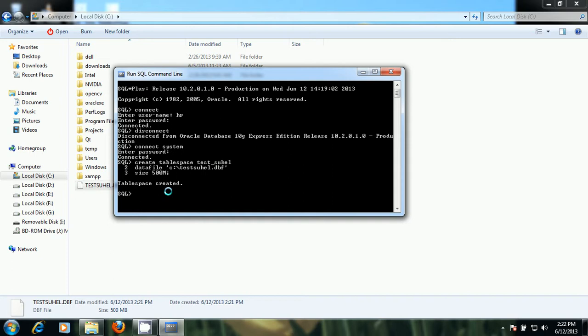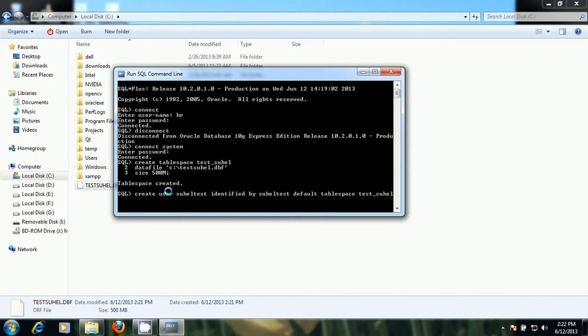Now this tablespace should be utilized by some other users. Whenever we create users, we can attach them to a particular tablespace, so that whatever activities are carried out by that user will point to this tablespace. For example, I create a new user using the query CREATE USER, say username, called suhel_test, identified by the password suhel_test, with a default tablespace, which will be the tablespace we have already created, test_suhel.